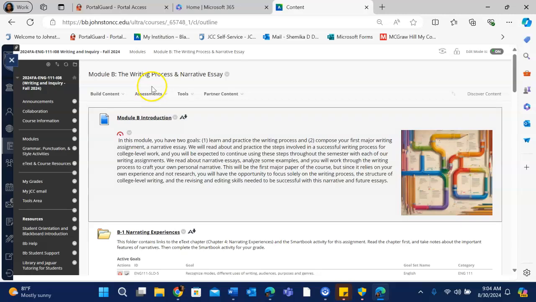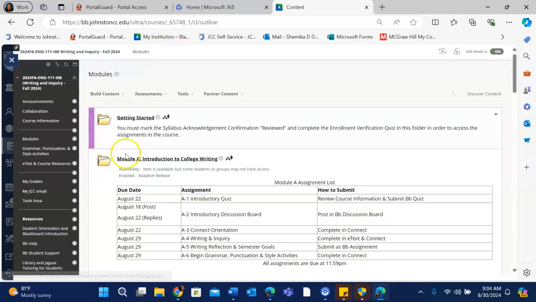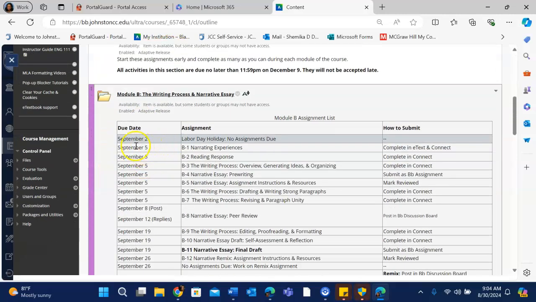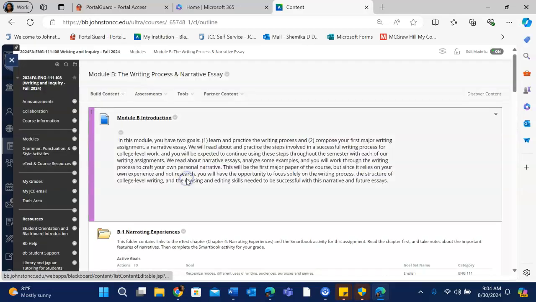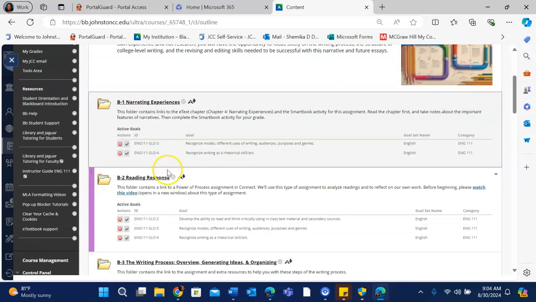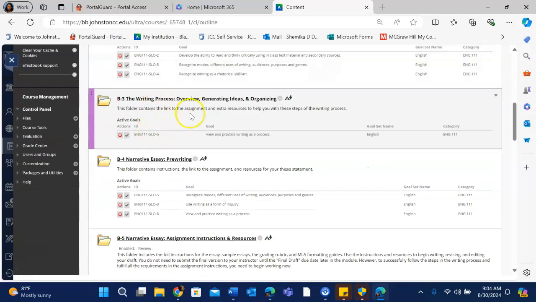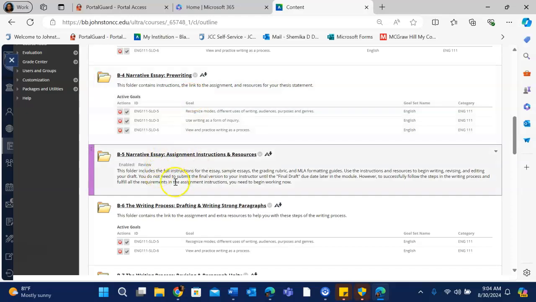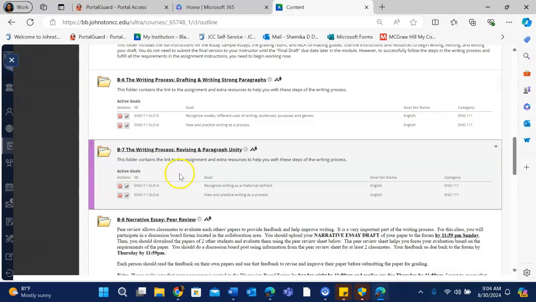And I'm going to go back out so I can give you an idea again of what is actually due. So as you can see, all the way from B1 down to B7, okay? So all the way from B1 to B7. So keep that in mind, and we're going to talk about this. Let me go back in. So starting from B1, B2, B3, B4, 5, 6, and 7, okay? So all of these are due